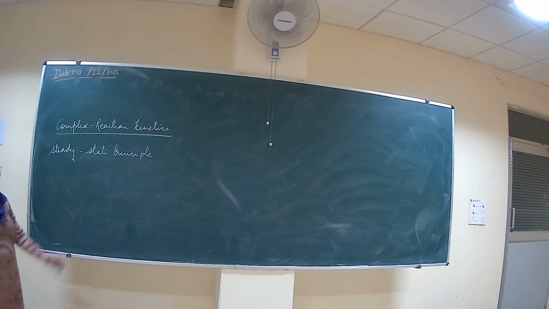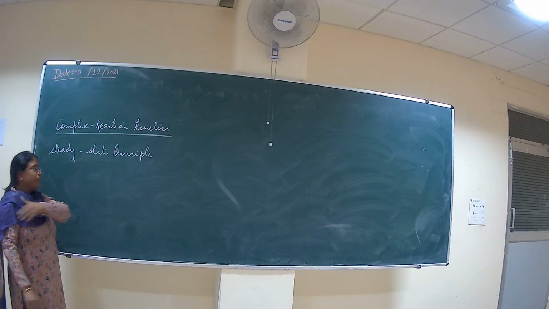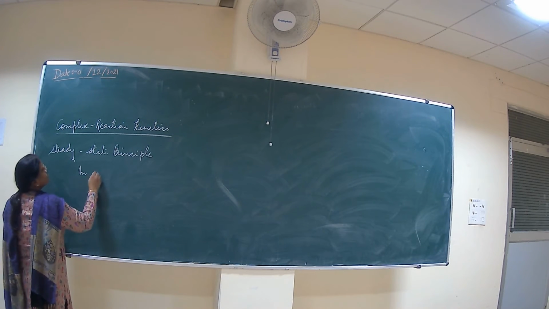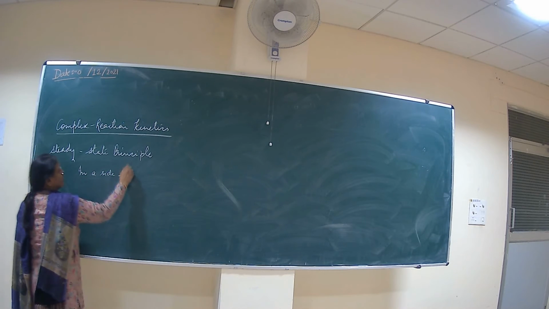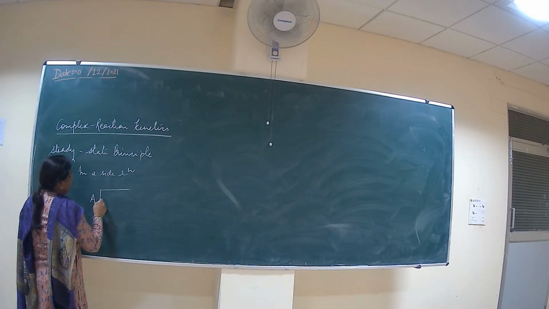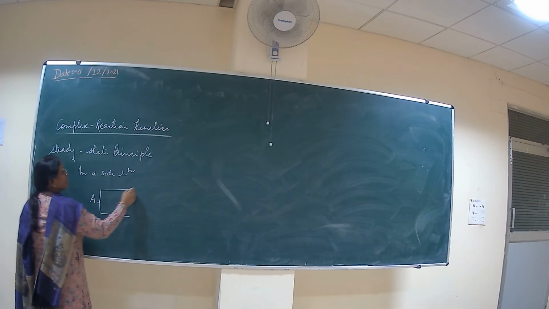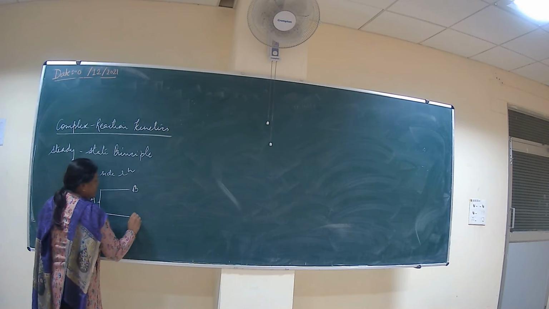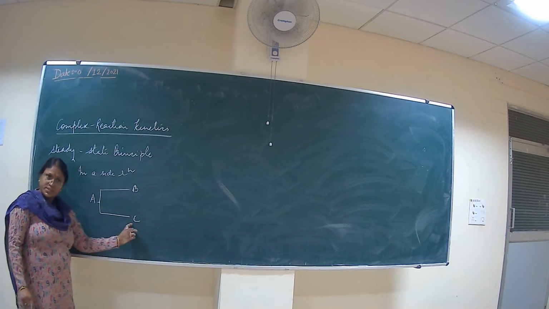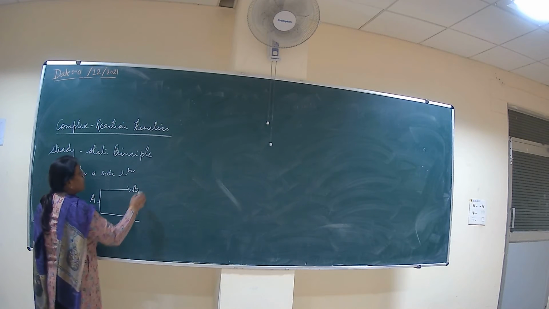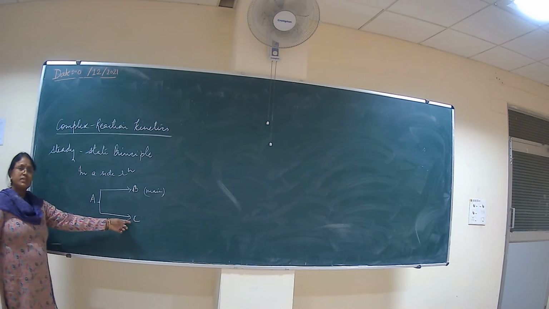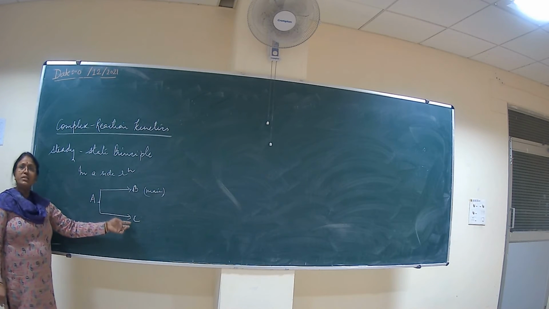Steady state principle or steady state approximation. Now steady state principle means, suppose in a side reaction there is a reaction. Side reaction means there is a main reaction, and along with the main reaction there is a formation of another product also. Suppose this A is converted into product B and product C, and this product B is the main product and product C is a subproduct. Along with the B, the C is also formed.